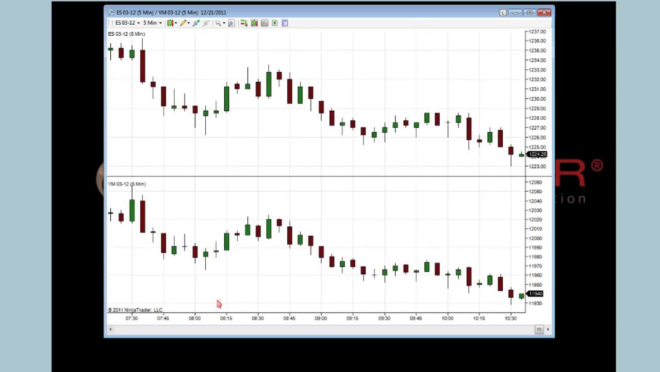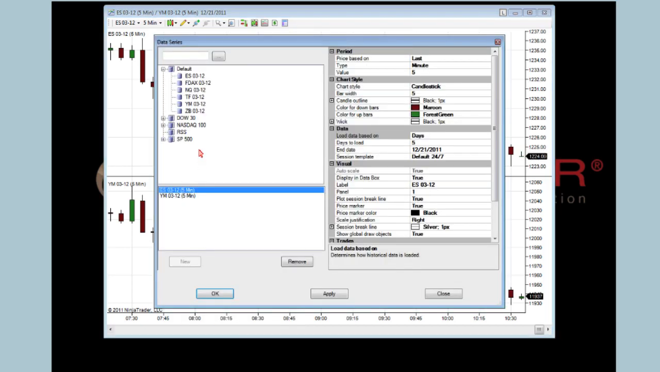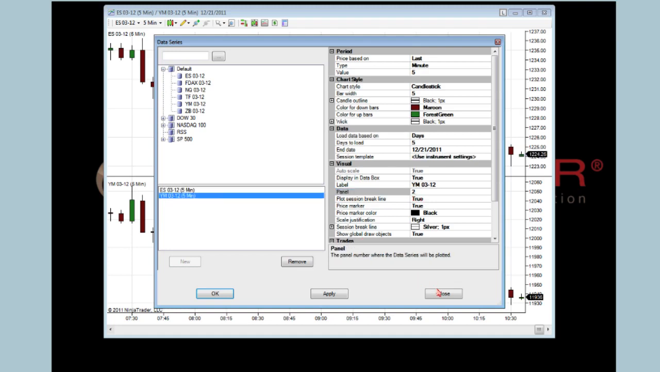You can also drag and drop these data series into another panel. As you can see, we have an upper panel and a panel down below. So this is going to be panel 1 and panel 2. If you right-click on the chart and go to data series, you will see this reflected here. It will show you which panel each one of these is in under the panel option. If we wanted to set that YM chart to the first panel, we could just set this to panel 1,